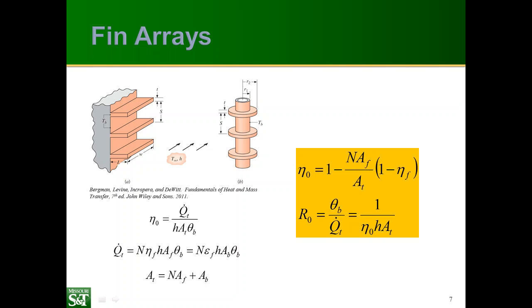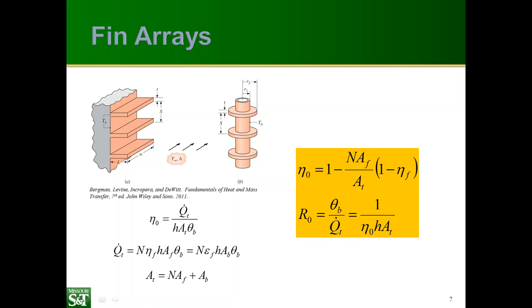So the total area here is the area of the fins plus the area of the base. So it represents the total area of this object, whereas the fin area is just the area of a single fin. So we use this equation based on the fin efficiency to find the surface efficiency, and from the surface efficiency we can find